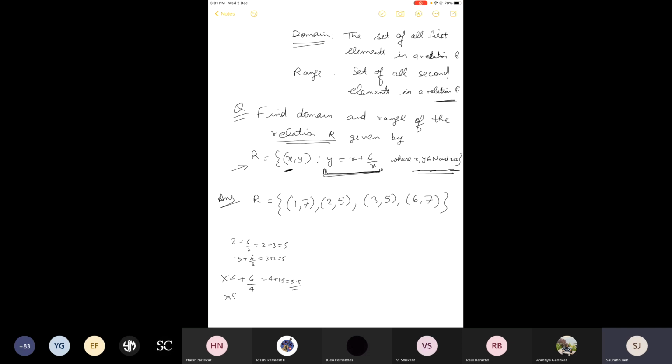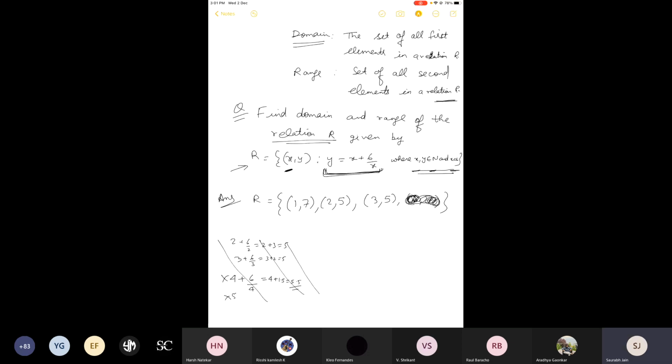Only these ordered pairs will be present because of the given information. And they have already said that x is less than 6, not less than or equal to 6. Yeah, I forgot. Even this number cannot be put here. Yes. Only 3 ordered pairs, because x is less than 6, so I cannot take x as 6. So only these 3 ordered pairs are possible in this relation R.